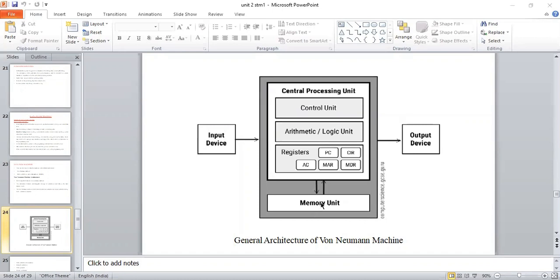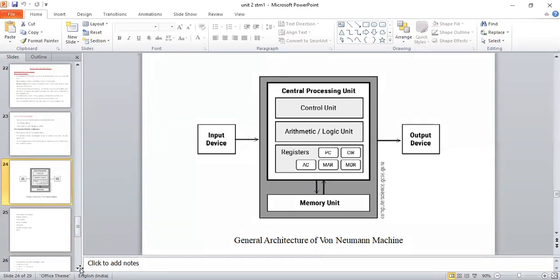That is received by the central processing unit. It takes the data and instruction from the memory unit to the central processing unit. Here we have the three parts: control unit, arithmetic unit, and registers. These three parts do the calculation and finally send the result to the output. So this is the basic architecture of the von Neumann machine, where only one instruction is executed at a time. What are the steps involved when you are executing on a von Neumann machine?